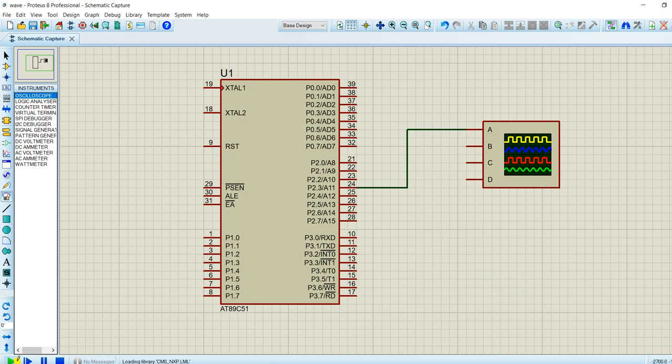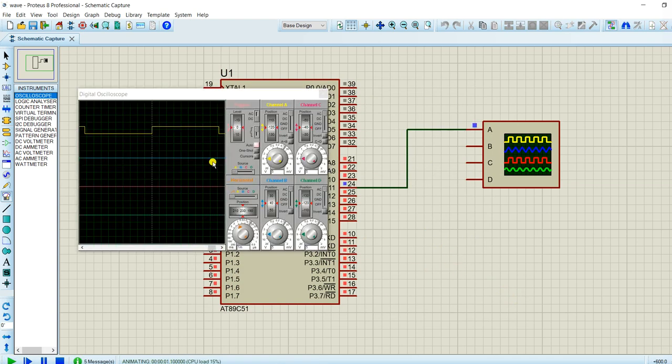So I will click here on simulate. Now we can see here is our square wave. What we have to do is see its period of oscillation. For that let us decrease the time division to 10 milliseconds. So here we can see I have set 10 milliseconds, which means one box is 10 milliseconds. To complete one cycle it has used two boxes, which means the time period of this square wave is 20 milliseconds.